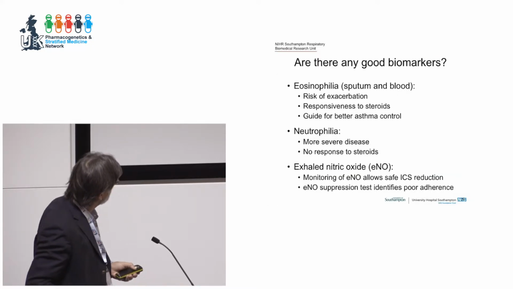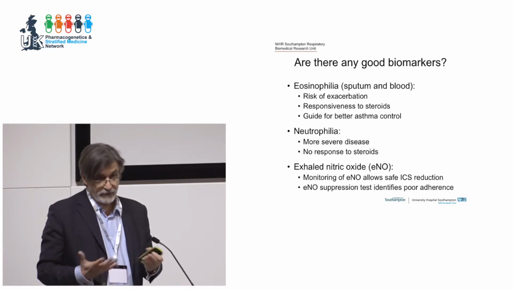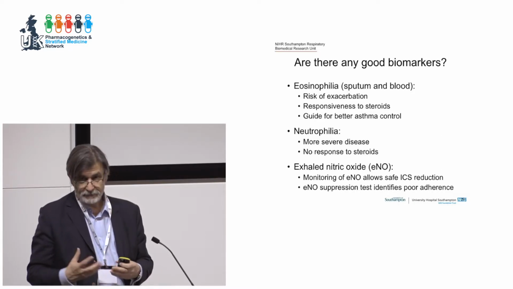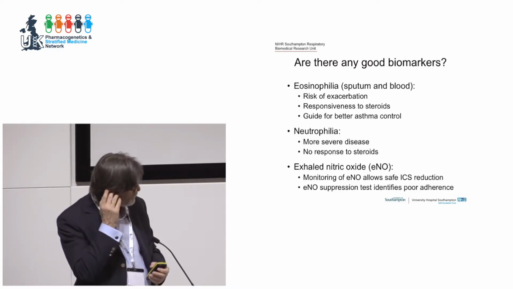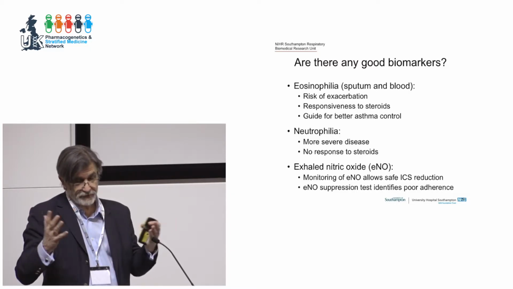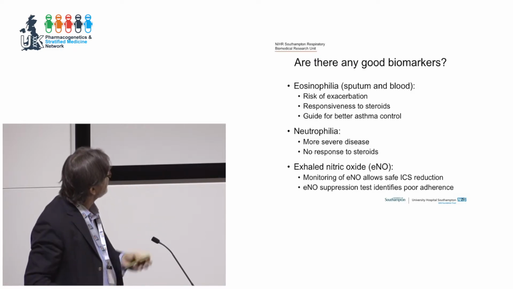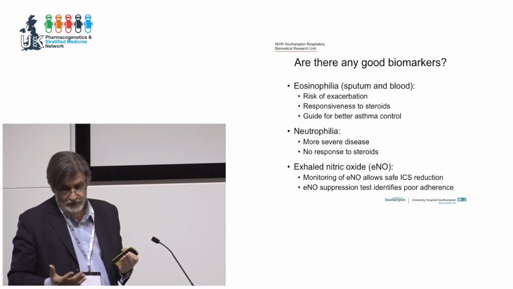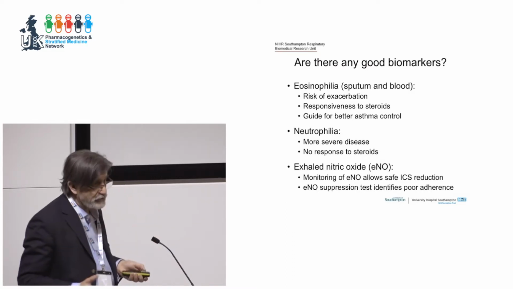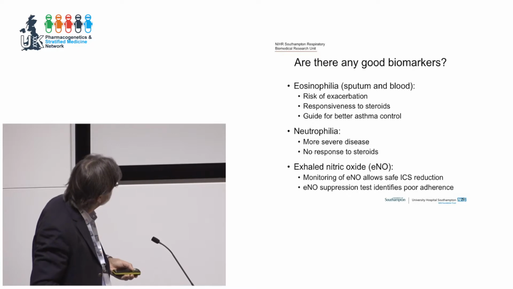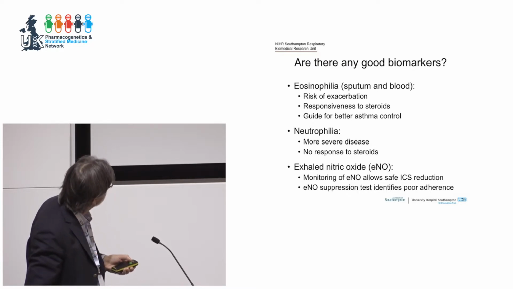Okay, so the next question, you'll say, okay, stratification requires tools to stratify. So yes, we heard from John Saville, for mental disease you can stratify by anxiety, depression, and so on. But in an inflammatory disease, it makes sense to use a biomarker. And so the question that you might be asking yourself, well, are there any biomarkers? Well, there are, not many, but there are some good ones.